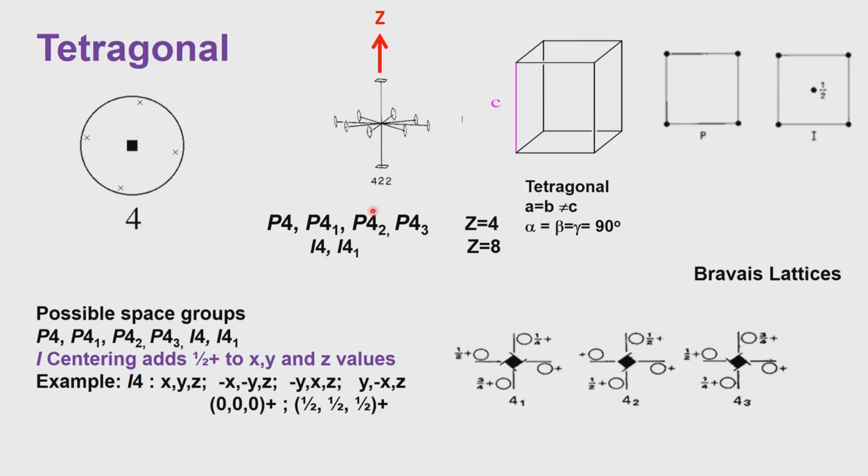On the other hand, if we have P4 3, from this point to that point we will have a 3/4 translation added. This to this it will be 2/4 added, and then this to this will be 1/4. So, the handedness associated with this will change. In one case it is going this way, the screw axis, in the other case it goes the other way. So, these two screw axis operations P4 1 and P4 3 are opposite of each other.